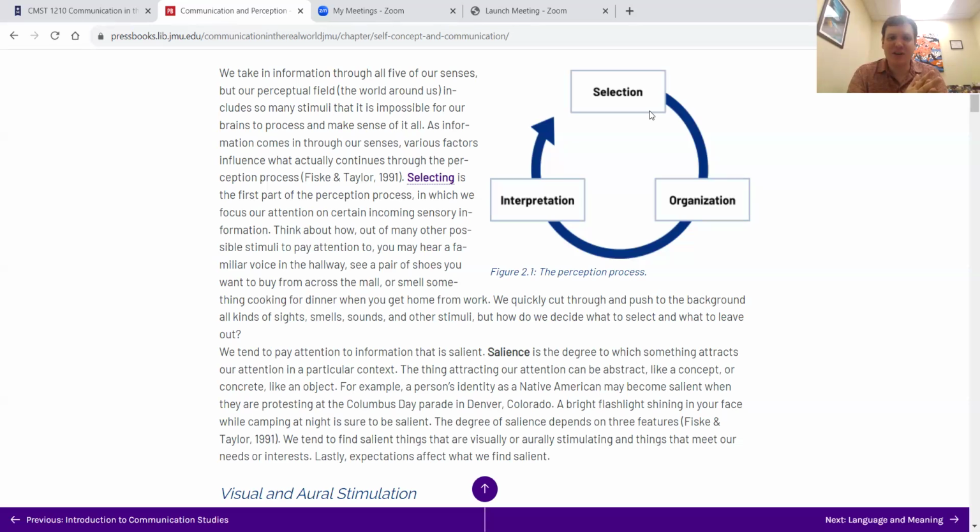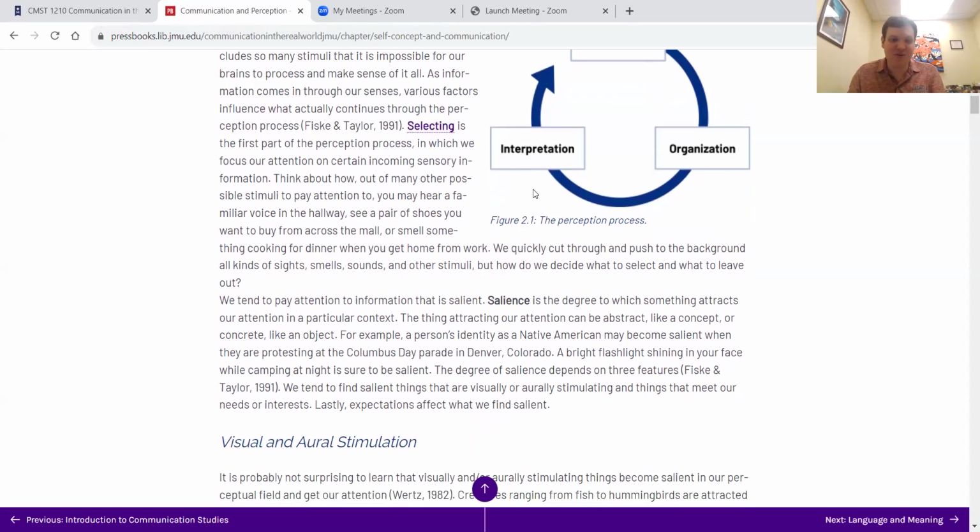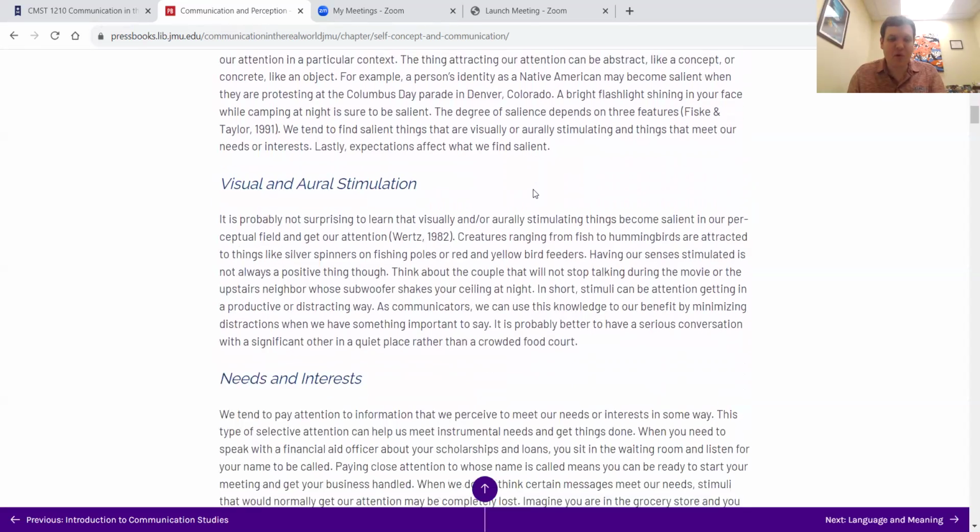Sometimes if people are in disagreements or in conflict, they may have selected at the initial stage of the perception process to focus on different things. And now they're like, oh, I understood this differently from you, right? That can cause an argument. It can cause conflict because you both may have had the same conversation together, witnessed the same thing, but you selected different information in that perception process and had a different interpretation of events. We're going to get to that interpretation, but first we have to go to the organization.